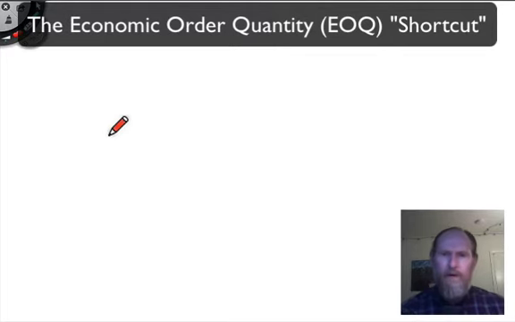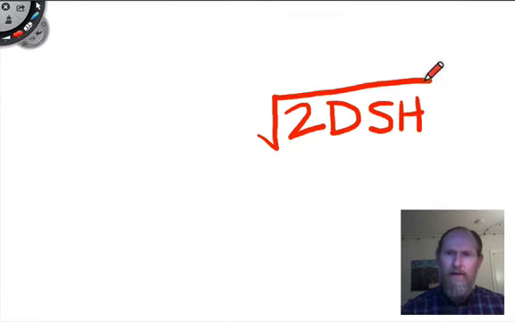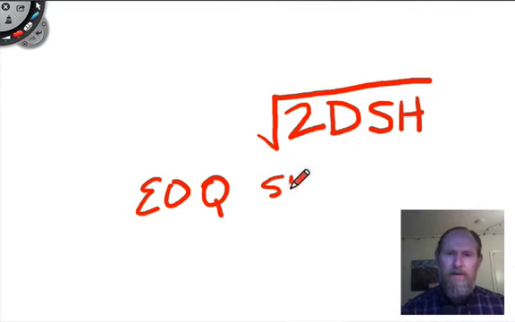Okay, the point of this video is to clarify the EOQ shortcut to total annual costs, which in short is the square root of 2 times annual demand times setup cost times holding cost. But the key thing is this is what I call the EOQ shortcut, economic order quantity shortcut,